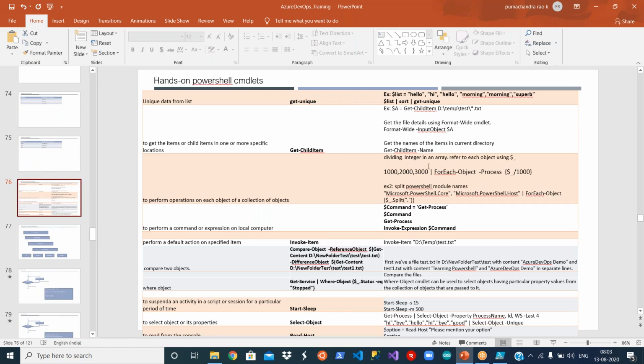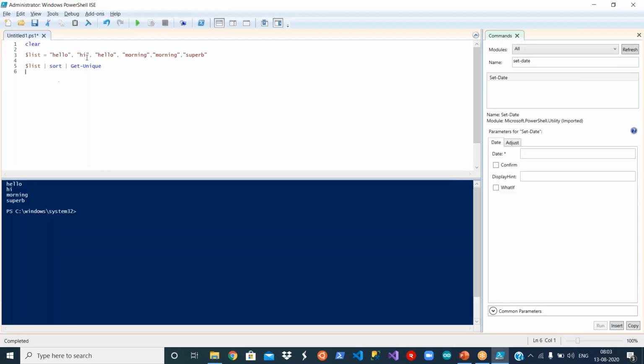So in a simple way, what I'm trying to do is I have an integer array. I want to refer to that integer array without mentioning $list here. Okay. If I have to refer to this, I have to use a $list variable. But without using that, without creating a variable, I can simply make this a dollar variable. Let me show you. I know it is confusing.